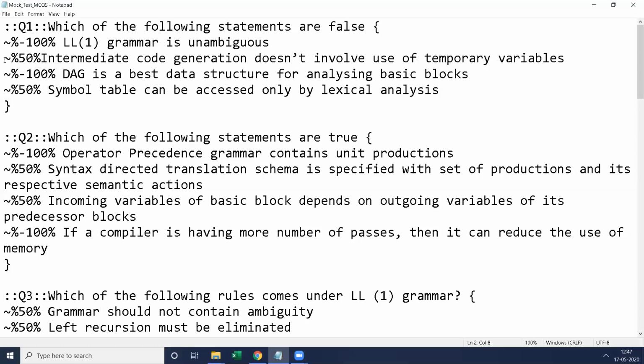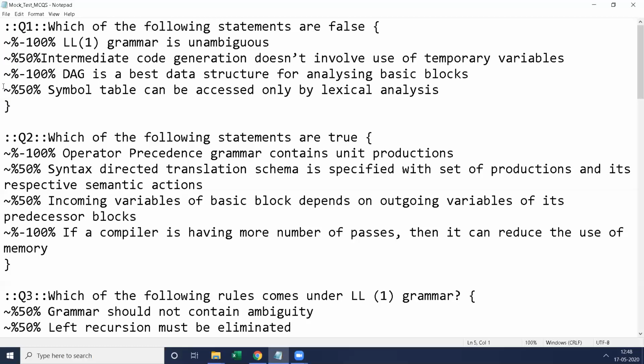Next, the right choice. In multiple choice with multiple answers, all choices begin with the tilde operator, followed by a percentage.